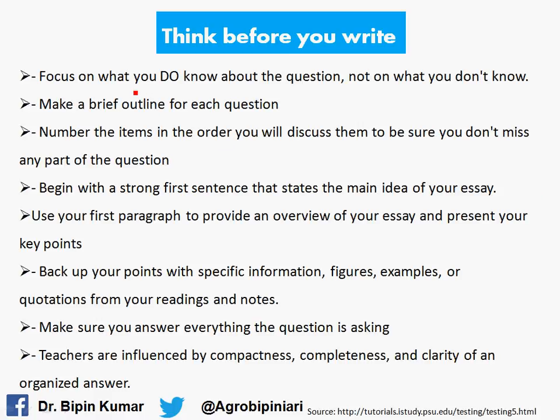Focus on what you know about the question, not what you don't know. Suppose when you read the question, you must focus on what you are knowing about this. You don't focus on, oh yeah, I don't know this. So you must focus on how much you are knowing, and then start to make an outline of each question. You make an outline of how you will arrange that, and the number of items in order you will discuss them